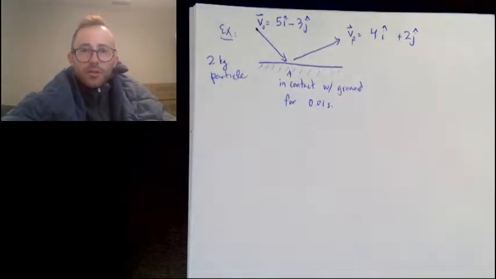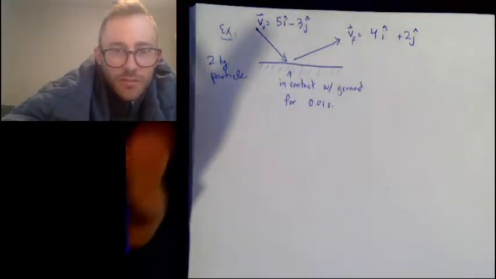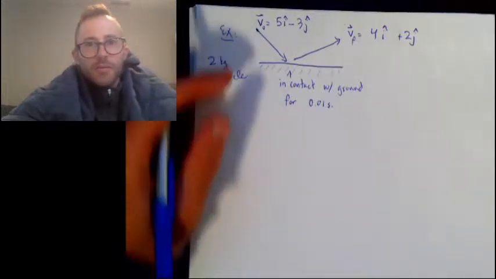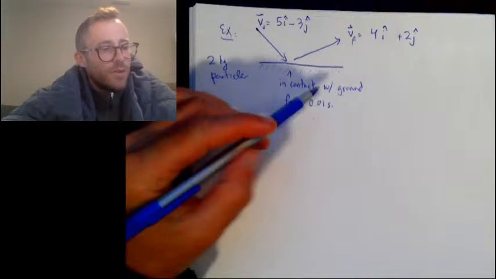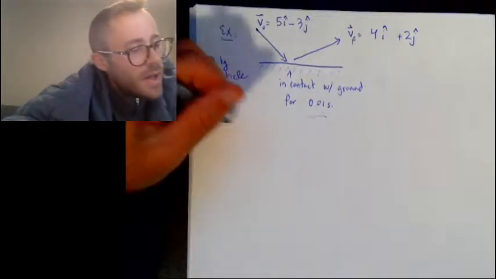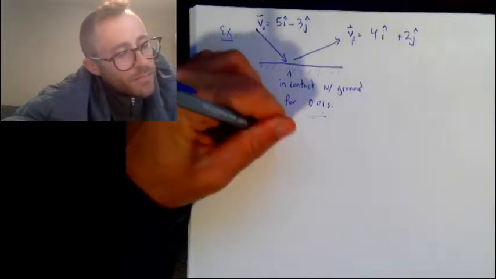Okay? So how would we determine that? We would have to use, like, a really, really slow motion camera. Okay? But let's just say we have some way of knowing the time it's in contact with the ground. Estimate the force